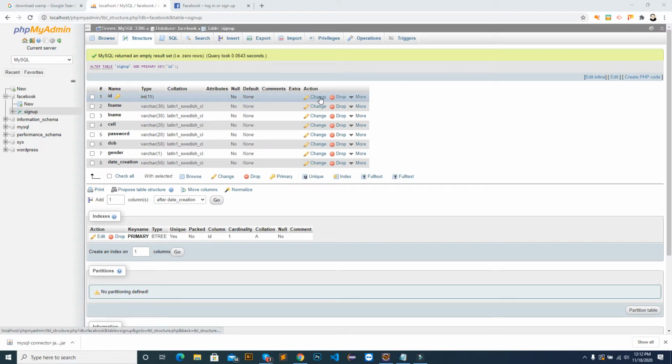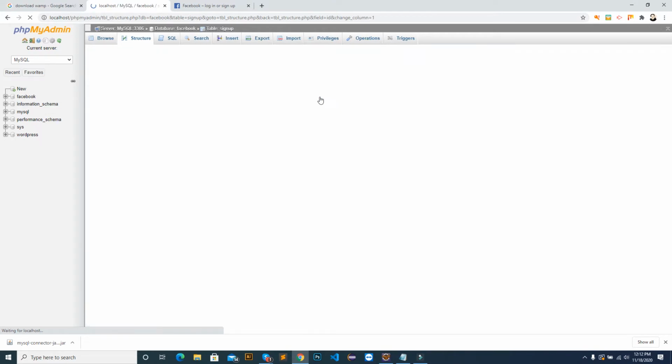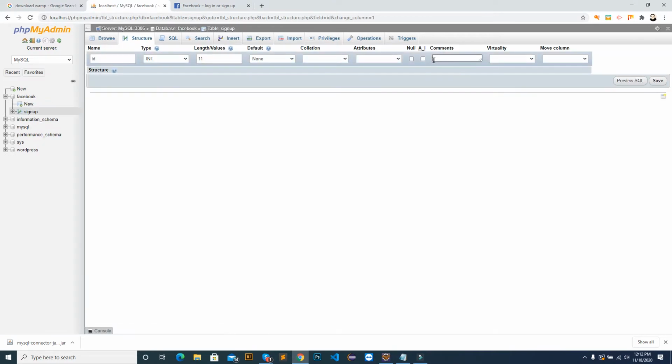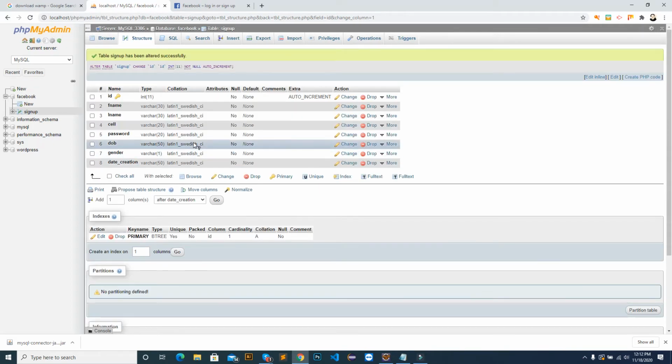Auto increment means you go to change, press change, and this is auto increment. So when we insert the second record, the database will assign 2.